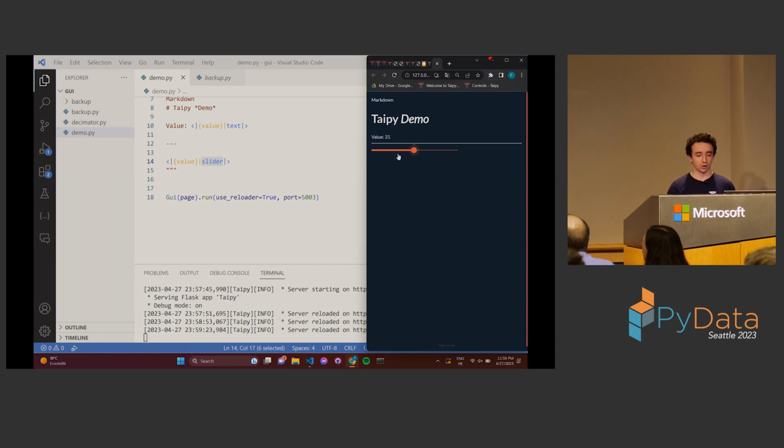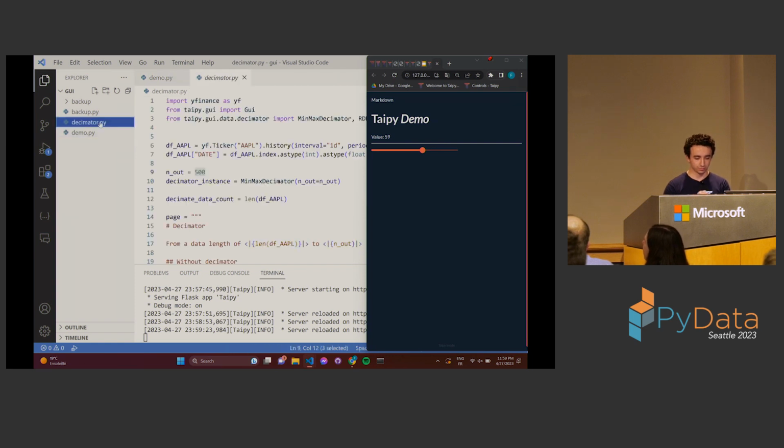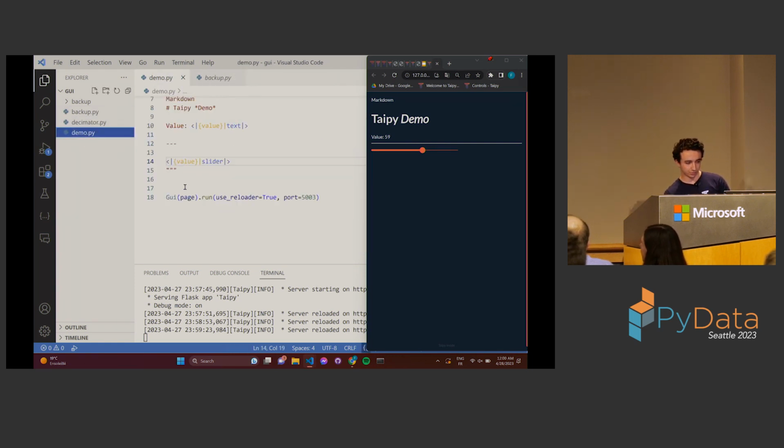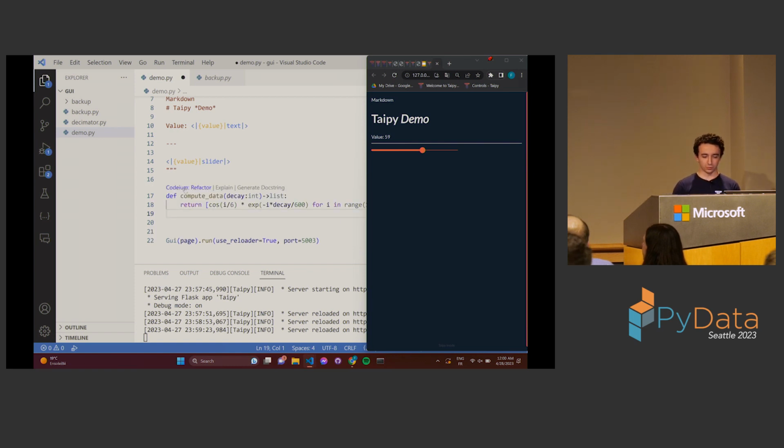So next, what we normally want to have is charts, like we want to visualize some data. So I'm just going to create some data. I'm just going to take a very simple function that will create a cosine list. So this function will create a list of cosines that will decay over time. So just to show some data,